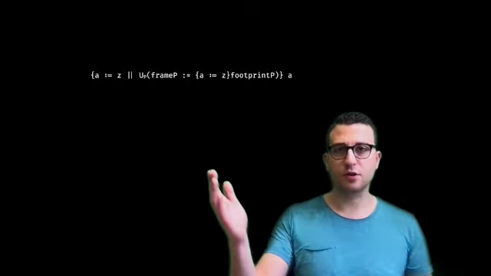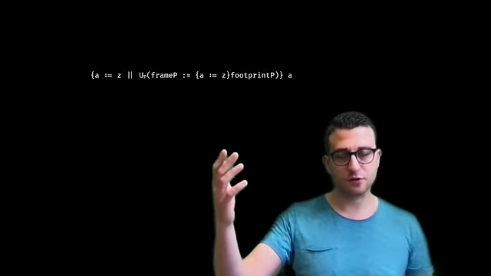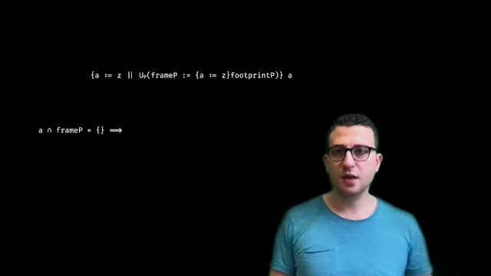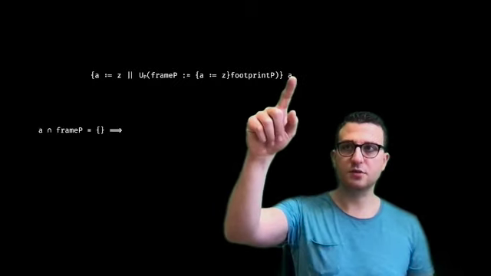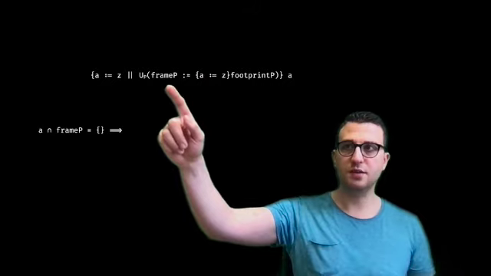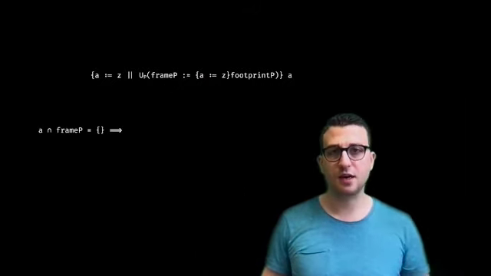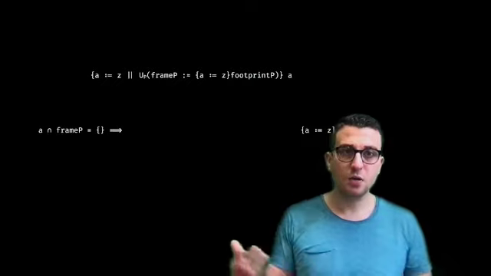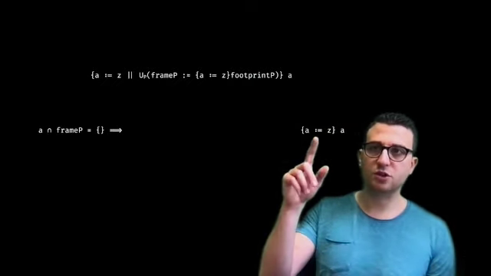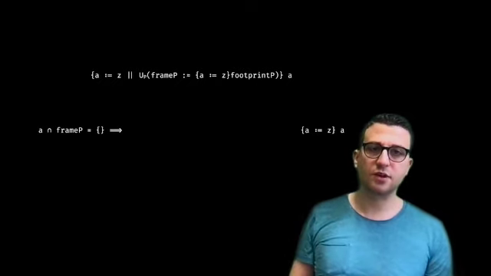Well, actually, at that point, without any additional assumptions, we cannot do anything, right? Since we don't know more about P. But if we know, for instance, that this location A, that is the target of this update application, is disjoint from frame P, that is the assignments of the abstract update are irrelevant for the target location, we can just drop the abstract update, coming up with this expression here, which further simplifies to simply the initial value of set.